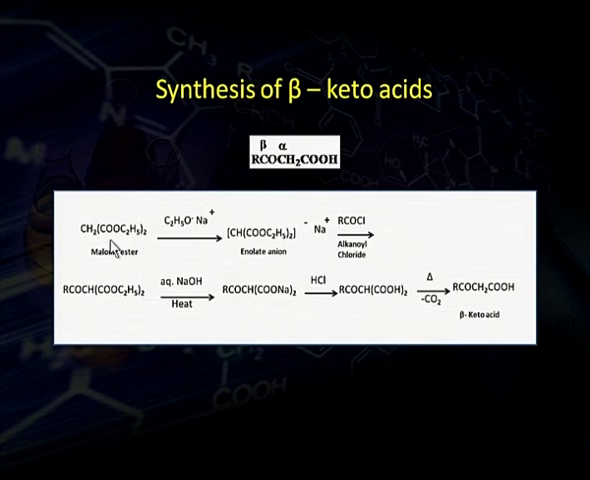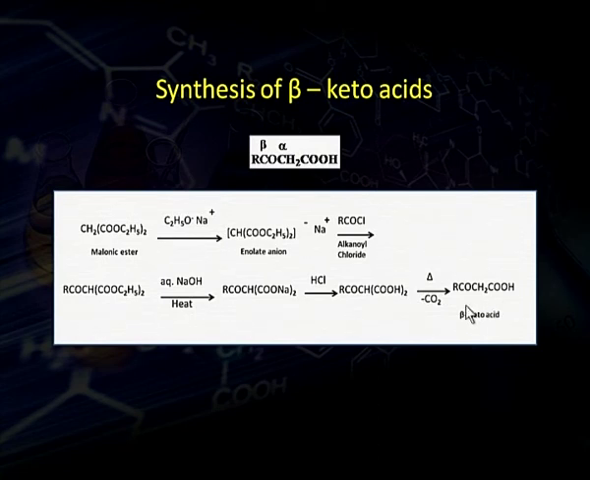We will again start from this malonic ester. Malonic ester, when it is treated with sodium ethoxide, loses acidic hydrogen and gets converted into enolate anion, and this enolate anion upon treatment with acid chloride or alkanoyl chloride, alkanoyl group is substituted in the malonic ester and it removes sodium chloride, and this upon treatment with sodium hydroxide forms sodium salt of this dicarboxylic acid, which upon acidification produces dicarboxylic acid and upon heating loses one carboxylic acid in the form of carbon dioxide and beta keto acid